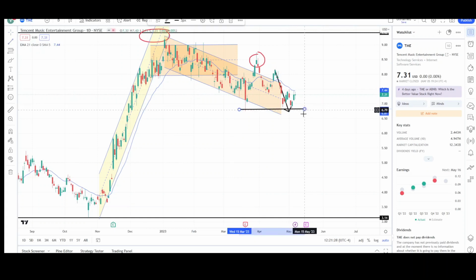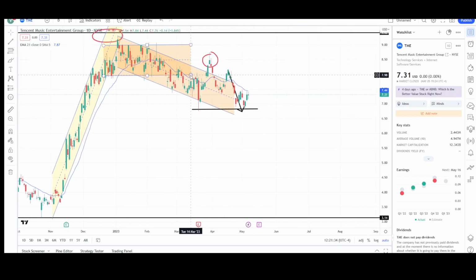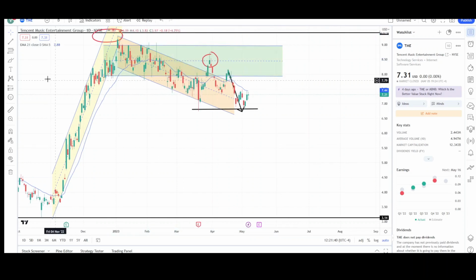So that's another double bottom. We're seeing nice aggressive buyers come in the market, so we could see higher prices here. What I want to see is prices get back inside this range and stay inside of it, because you can see this uptrend right here from March 21st through March 30th. Prices tried to come back in the range, failed. Prices tried again right here to come back in the range, failed. So that was 2 times to come back in the range and failed, so that can lead to lower prices.